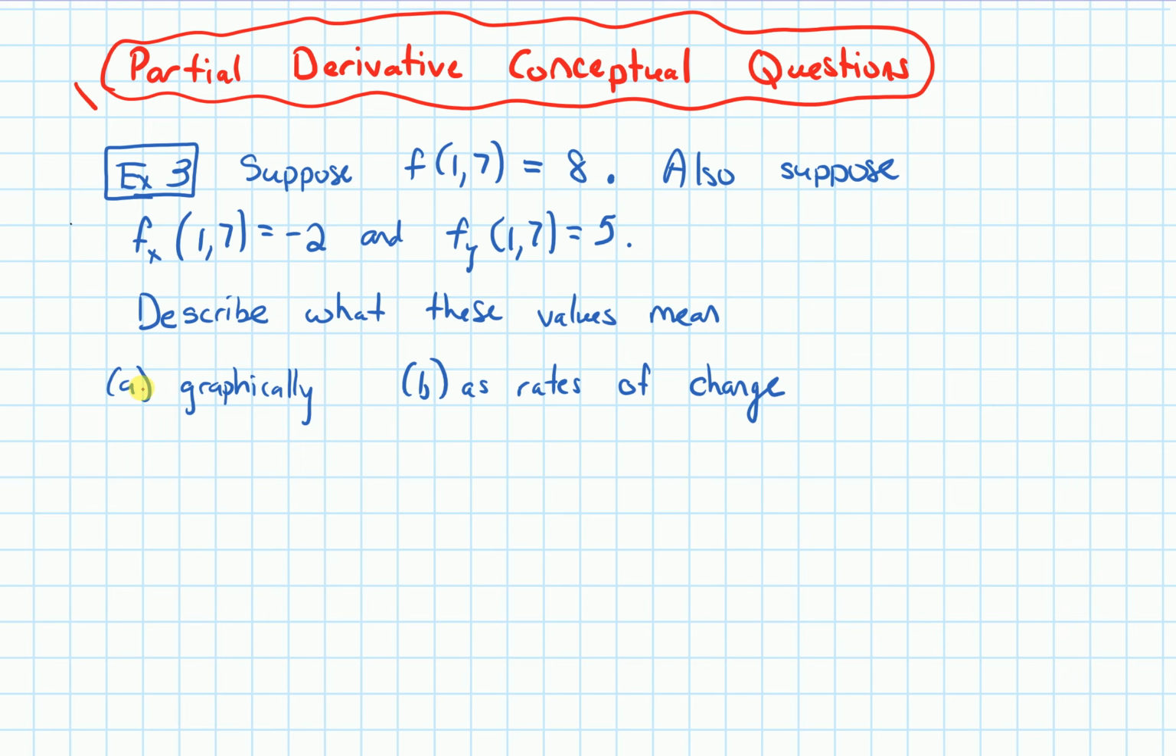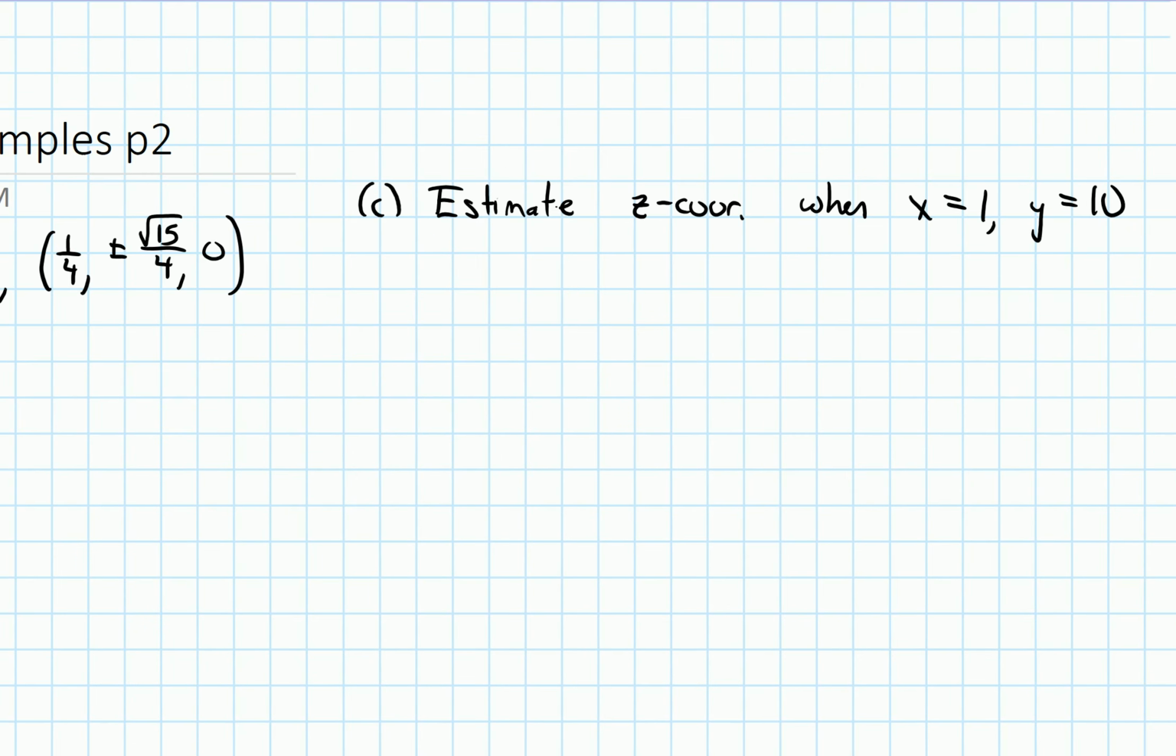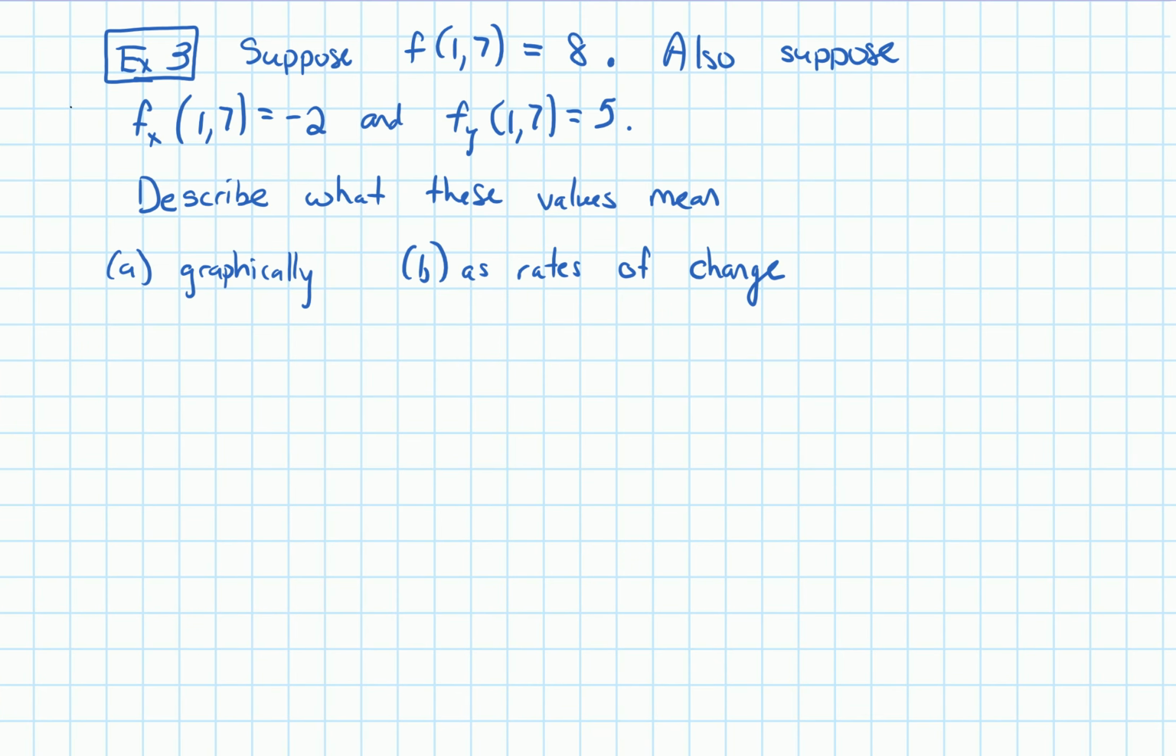Part A asks us to do this graphically, and part B asks us to describe what they mean as rates of change. And later we're going to do a part C, which is going to ask us to estimate the z-coordinate of a point when x is equal to 1 and y is equal to 10. Alright, but let's bring it back here and let's first begin with part A, which asks us to describe what these values mean